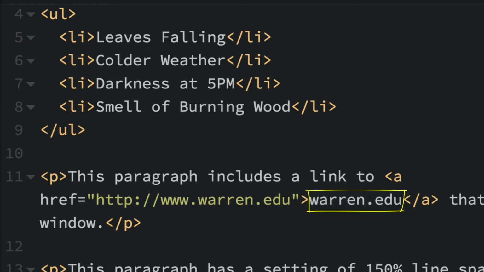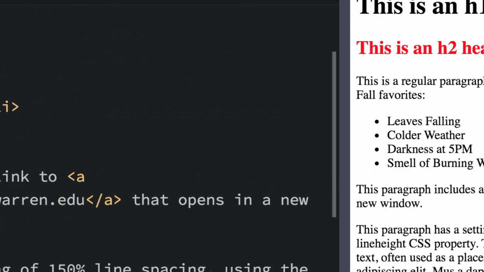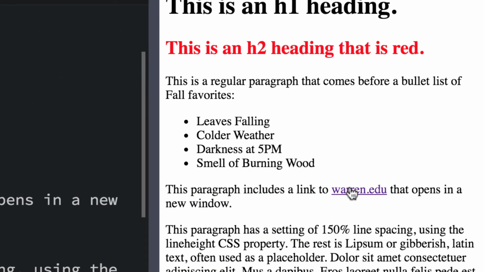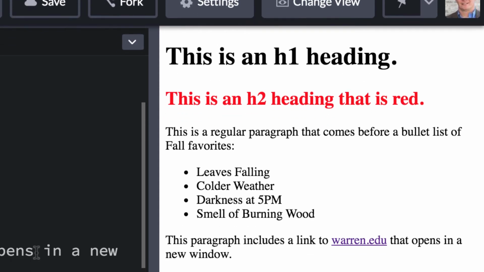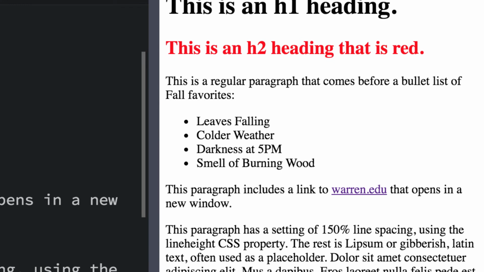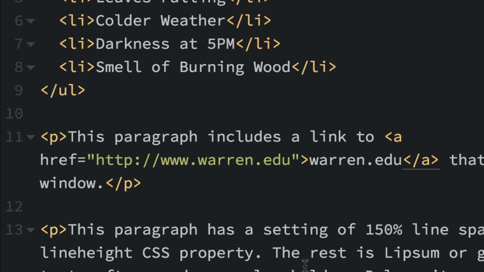And now when I do that, you can see this is hyperlinked. Now if I click on this, this shouldn't go anywhere yet because we're inside a CodePen. It might even be blocking it to go out or to change the links. And you don't want it to change links when you're in CodePen anyway. So what you want to do is add one more attribute here, and we'll put it after the quote, because